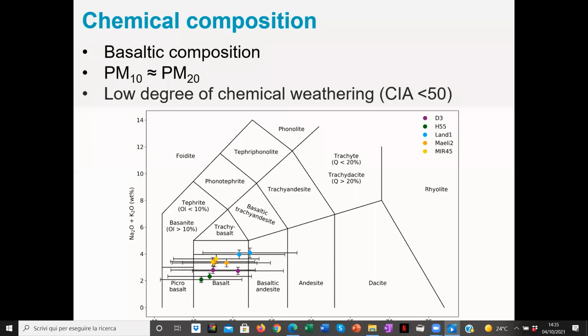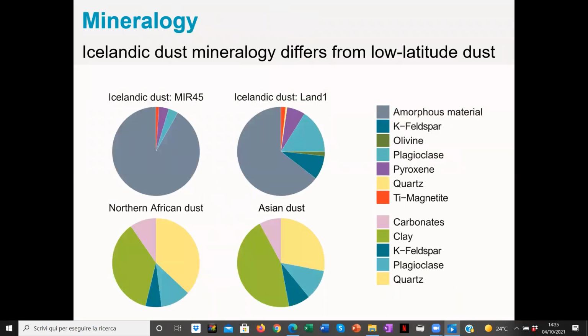Part of the PM20 fraction. Also, Icelandic dust shows a low degree of chemical weathering, with a chemical index of alteration below 50. The mineralogical analysis shows that Icelandic dust is very different from typical low-latitude dust, including, for example, Northern African and